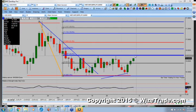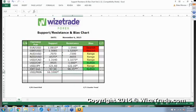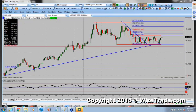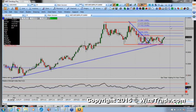So a move above 1670, I think 1670 is what we've been writing, 1671 probably, but 1670 is huge resistance. If that breaks, we go from range bound to bullish, because we're going to pivot off this trend line and then rally